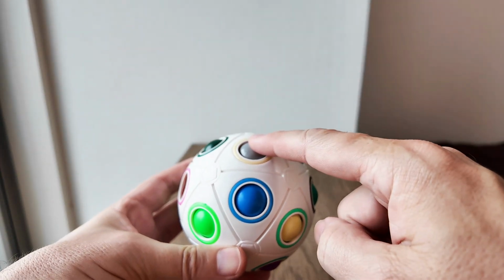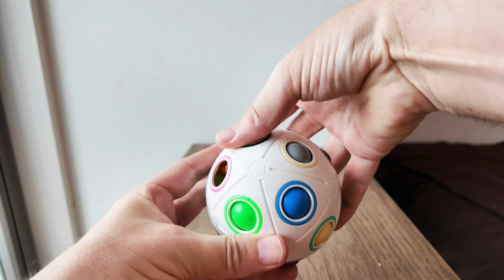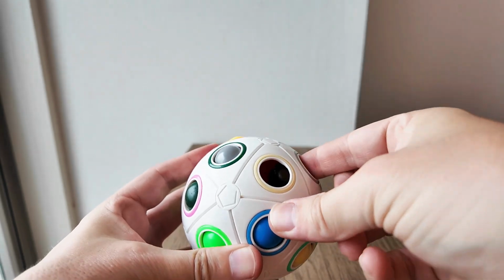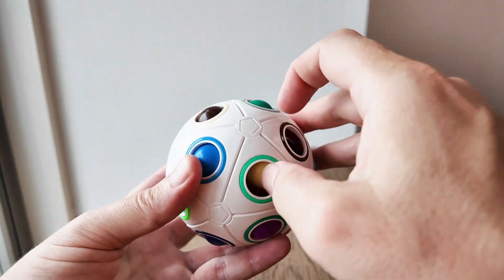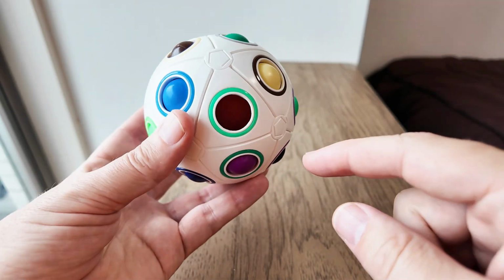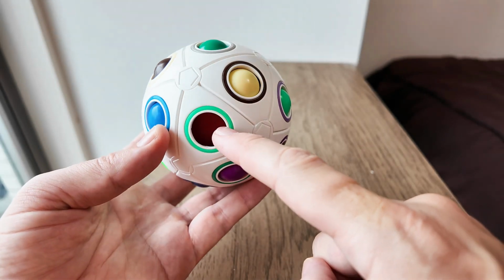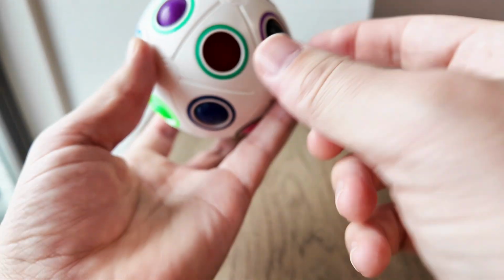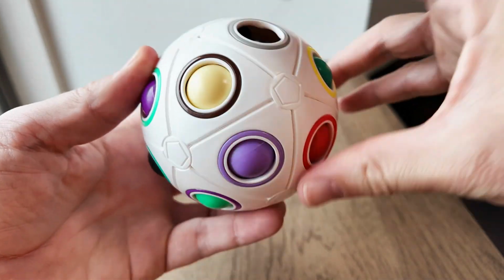The white has to go here. So to do that, let's move this hole over this way. Now we can bring the white over. Now this is tricky. The hole's here, but we want it here. So we're going to have to go round, quite a long way round. Like this. There we are, and now